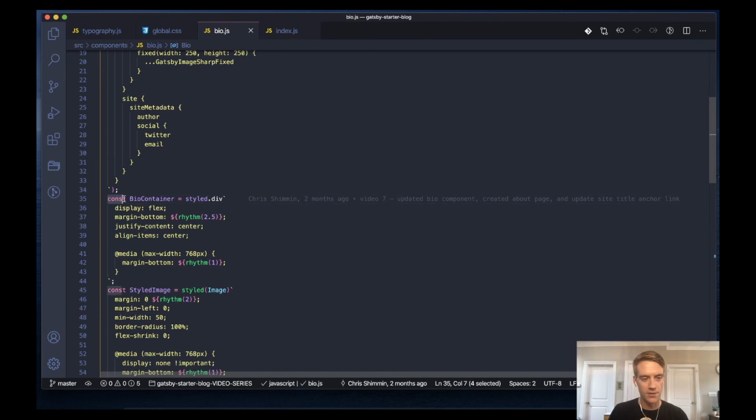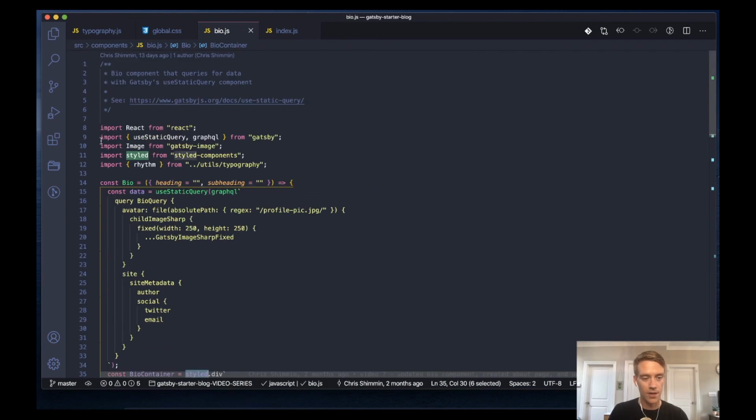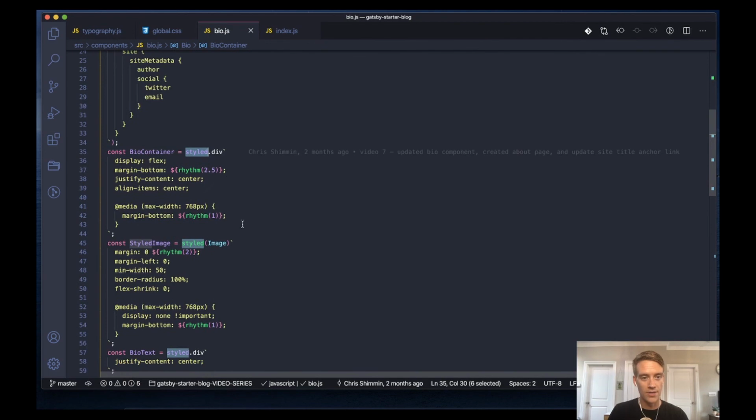So we have a const variable named BioContainer. This can be named anything, and we're using the styled name that we got up here. In this case, I'm using this as a div, so it's kind of like an element along with styling. This is a div element that I want to use, and then within that div element,